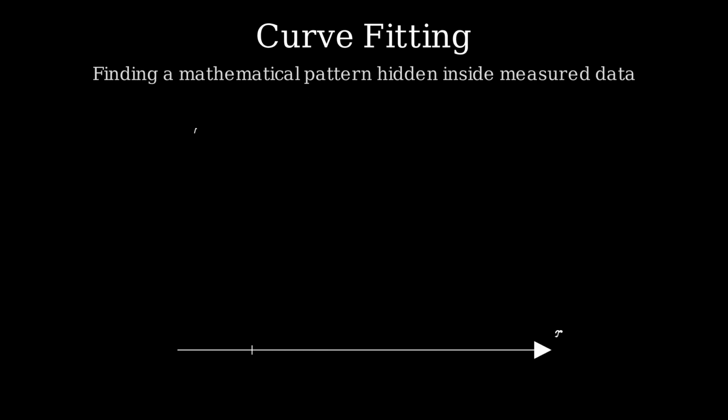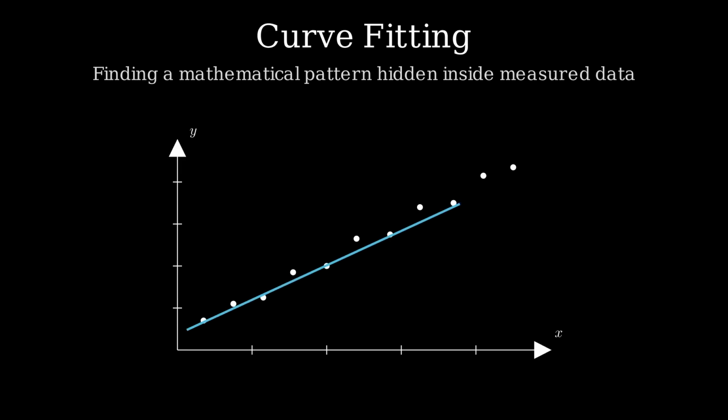Curve fitting is the process of finding a mathematical function that describes the relationship between measured variables. The observations rarely lie on a perfect curve because real data contains noise. The fitted curve captures the underlying trend and allows us to explain, interpolate, and predict. Once the relationship has been fitted, an input value can be mapped to a predicted output, including values that were